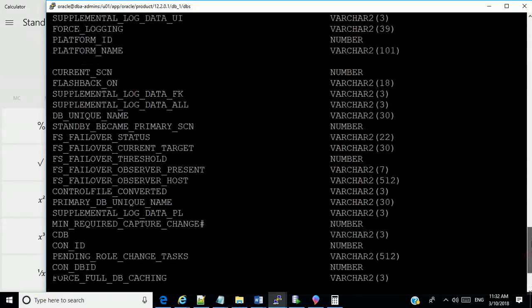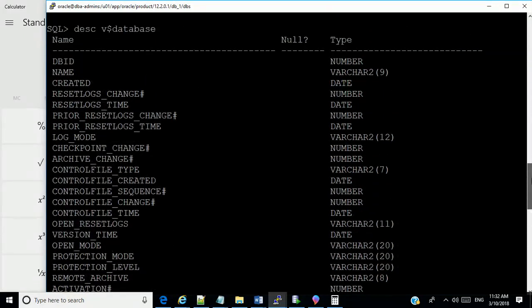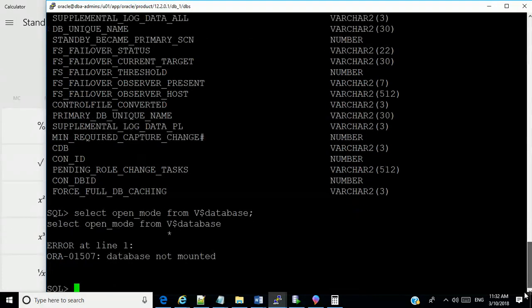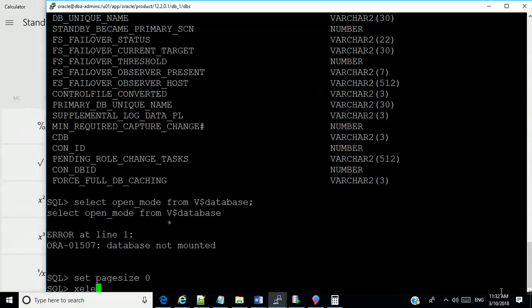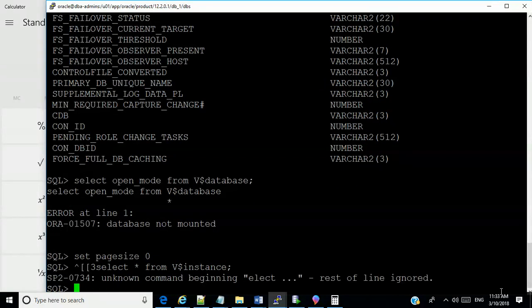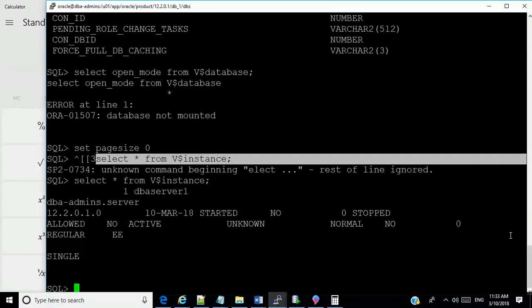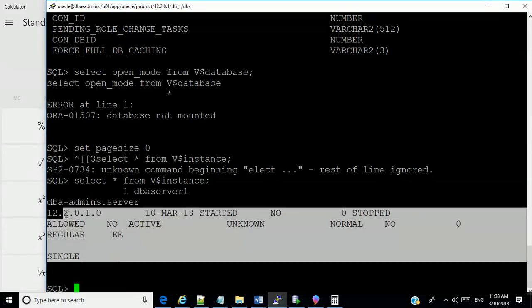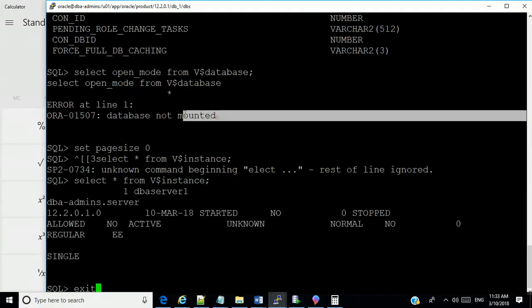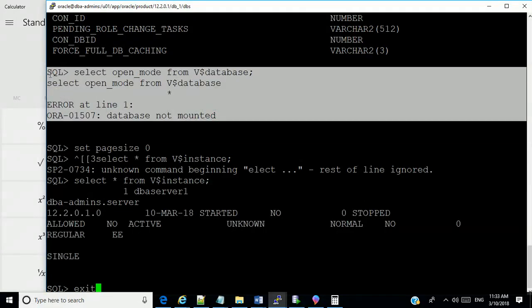The database is not mounted yet, so you can't see that. We'll look at that later when we mount the database. So this is a general view of how the instance is right now. The database is not mounted. You can see it says here the database is not mounted. Okay. So this view is not available right now.